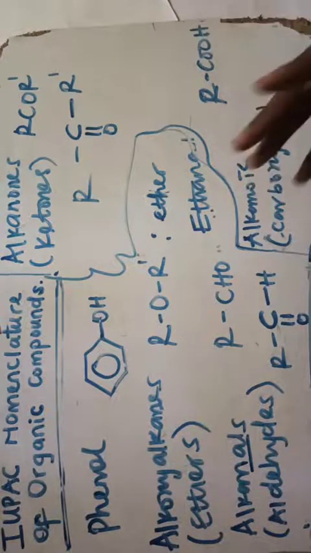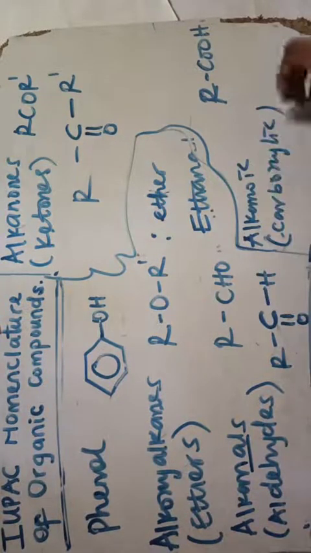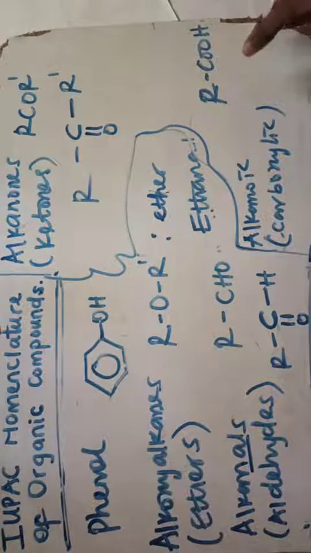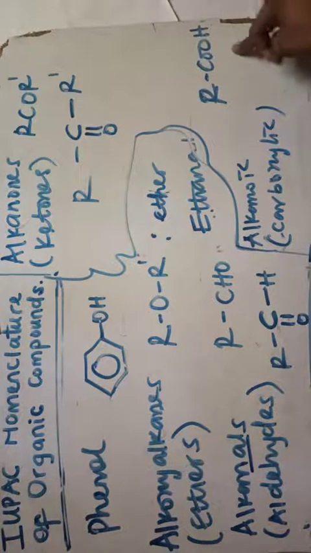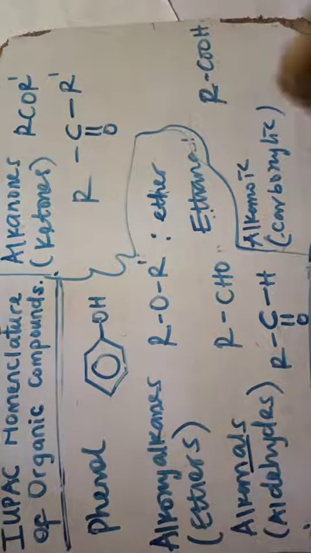You know, functional groups can be more than two or three in a compound. So if this is present, it would swallow all of these. The name at which you name that compound will be based on this. It will end with this. I will explain more when we get to examples.